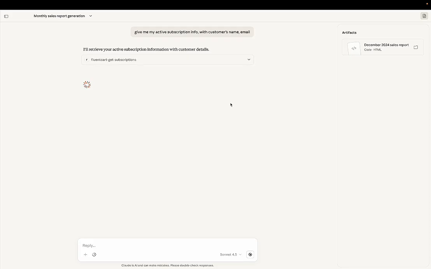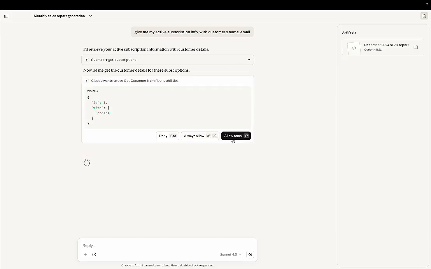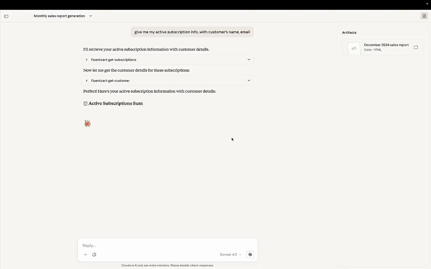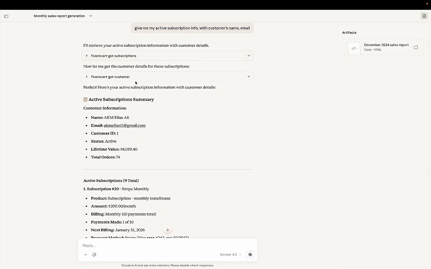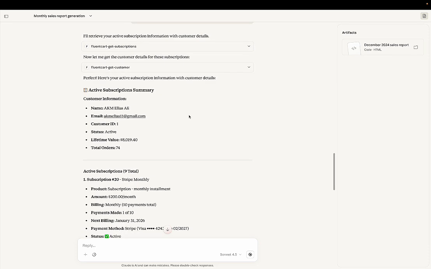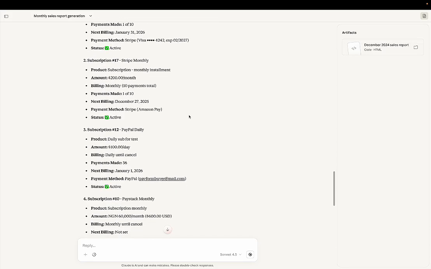So I'll retrieve, I said give me my active subscription info with customer's name and email, everything. Perfect, guys. So you can see this was a very easy action